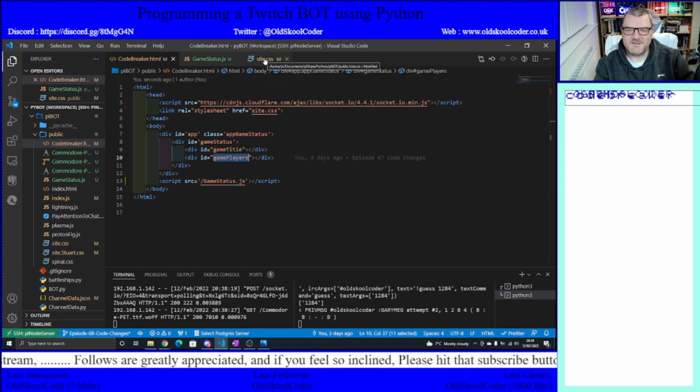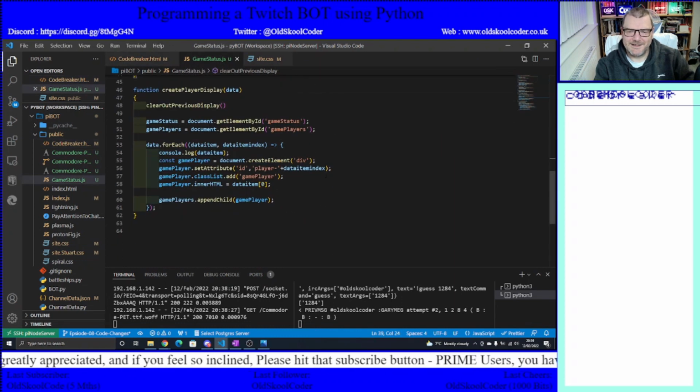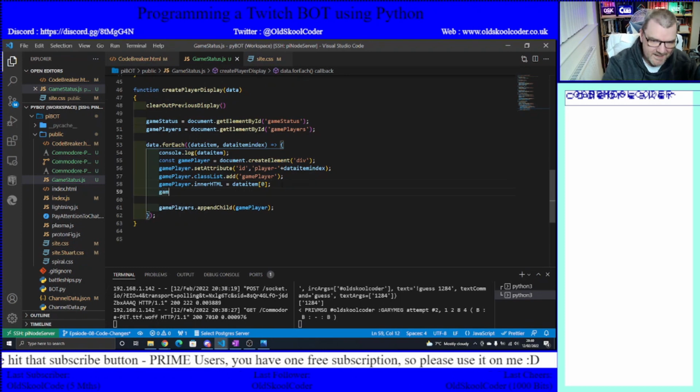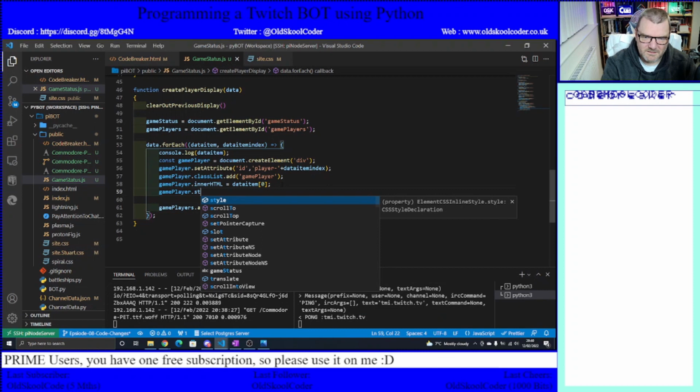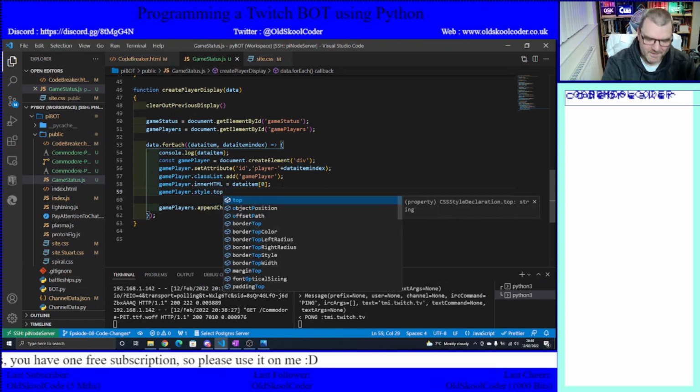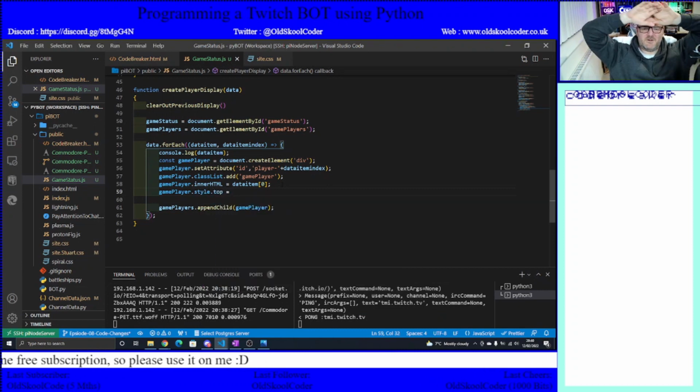Right. So we need to set the top for game players. All right. So let's say game player dot style dot top equals, so we've got the